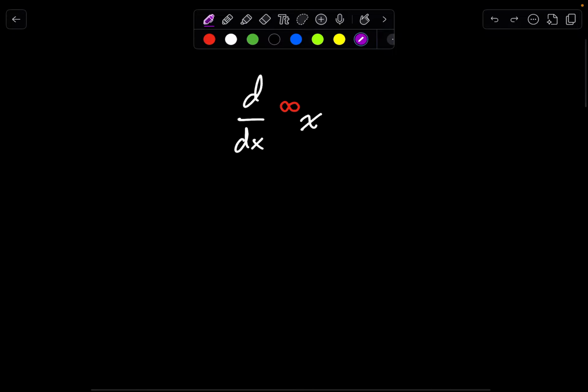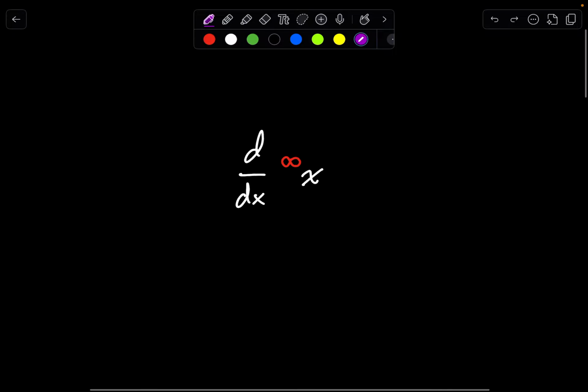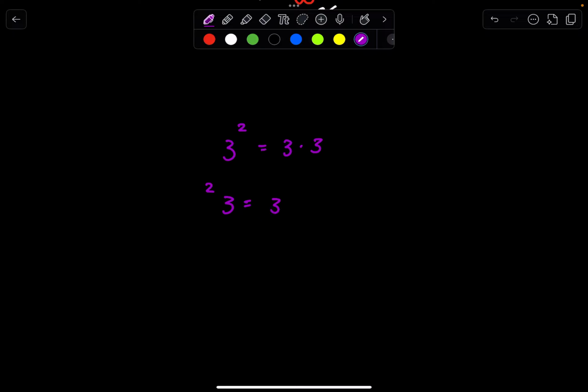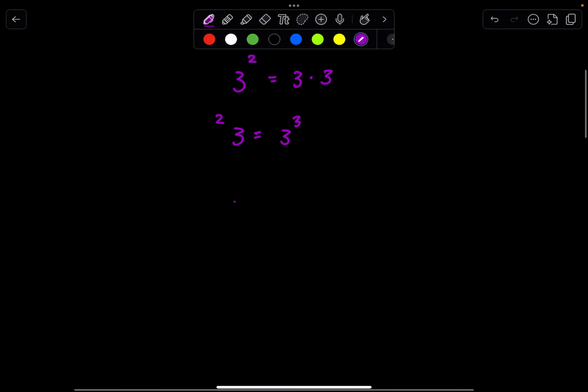Alright, if you're a calc student, you might be confused on what this infinity symbol or positioning really means, but it's quite simple. This is just tetration. So if I have the number 3 to the power of 2, this is just equal to 3 times 3. And I explained this in my other videos as well, so check those out. But if I have 3 tetration 2, this is equal to 3 to the third power. And similarly, if I have 3 tetration 4, this is just 3 to the 3 to the 3 to the